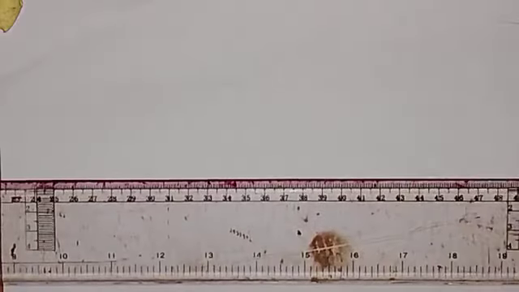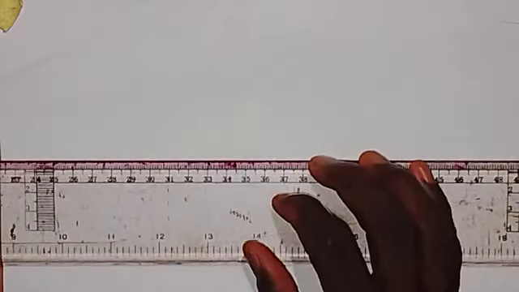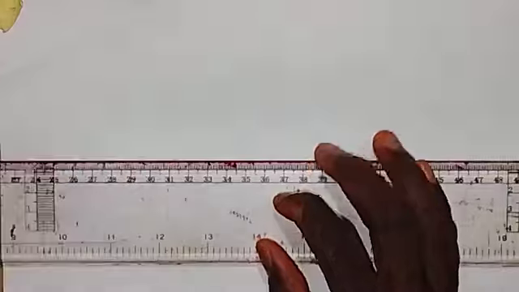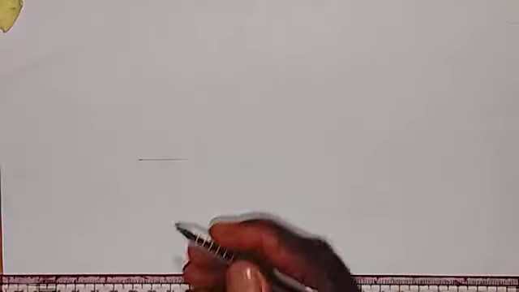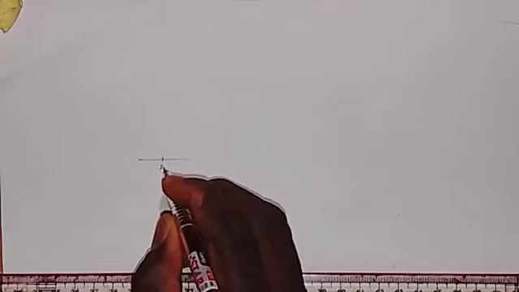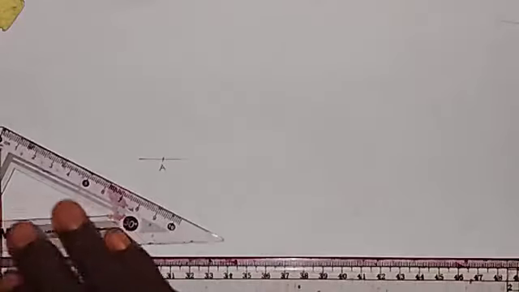So what we are to do first is to draw a short horizontal line. So here we have a short horizontal line like this. Okay, so on this short horizontal line, I'm going to indicate the lowest point. In case you are asked to indicate the lowest point, but in this case we are not asked to do so, but I usually show this on my drawing. So when it comes to construction of an isometric object or block,